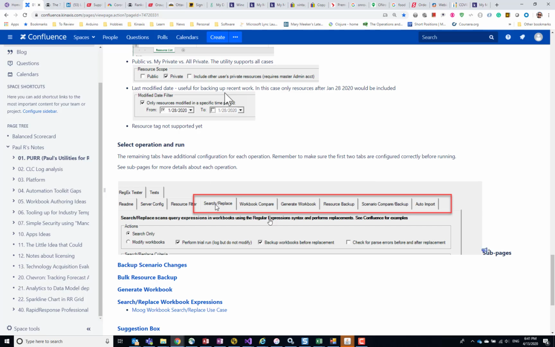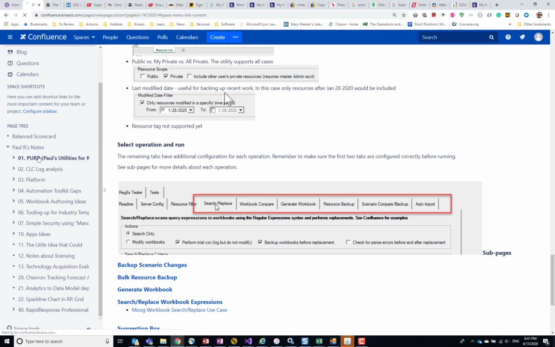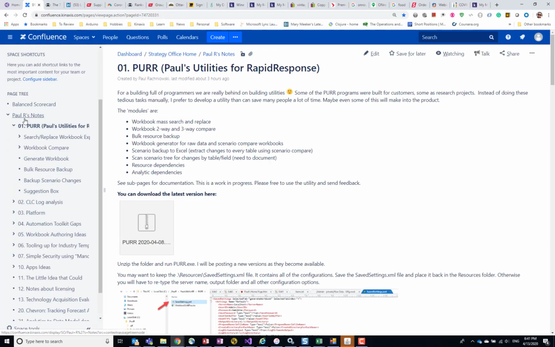Welcome to PURR, Paul's Utilities for Rapid Response, and in particular a brief description of how to use the search and replace of expressions. You can find the documentation on Confluence under the space Strategy Office. I keep all of my notes there, and Paul's Utilities for Rapid Response has its own space,